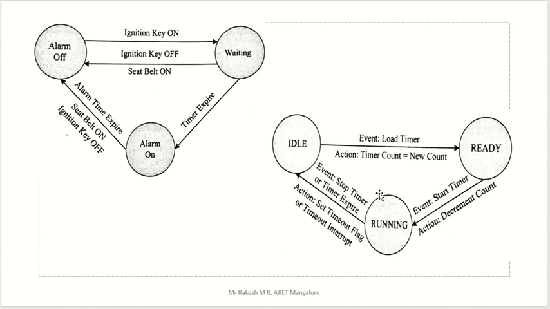So to go from the running state to the idle state, any one of the conditions should occur. So the event is stop timer, or here they gave stop timer or timer expires, the same thing, right? The event is timer expires, or you can write stop timer here; any one of them you can write in the event part. Now what is the action that should be taken by the state machine?